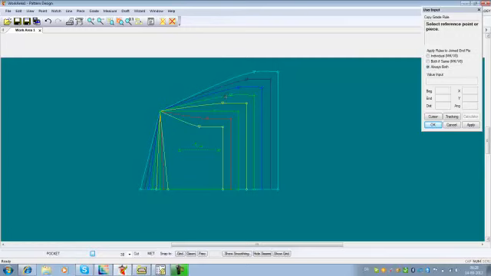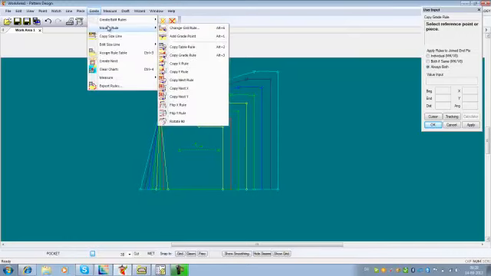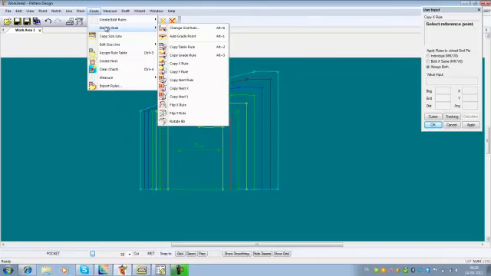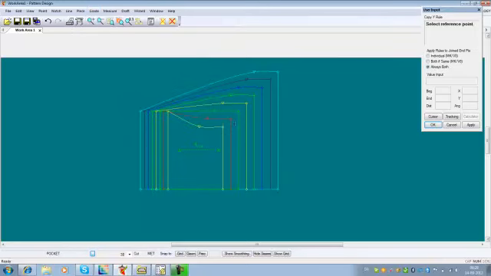If I want to copy X or Y steps only, for instance, I would like to have the X step from this one copied to this point. I go to Grade, Modify, and copy X rule, selecting the reference point and the target point. Now in this case it wouldn't make a difference because I didn't have a step in the Y direction. But now I could copy the Y step from this one. Grade, Modify, copy Y rule, reference point, and target point,